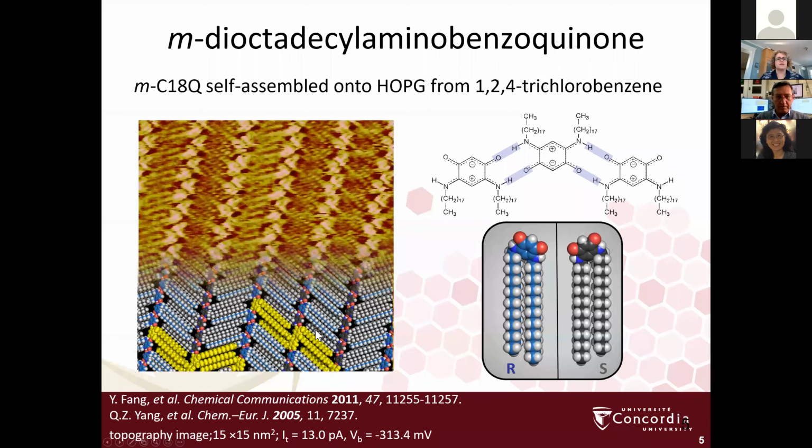Now, of course, the difference when you put something into a membrane is that it would not be lying down flat, and it doesn't have this opportunity to maximize those hydrogen bonding interactions because, of course, it's going to have to be vertical. We wanted to look at these in monolayers, eventually looking at them in membranes, but I'm going to tell you a bit about what they do on their own in monolayers.